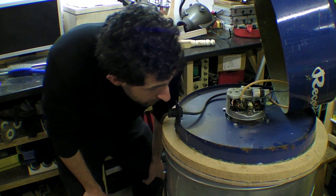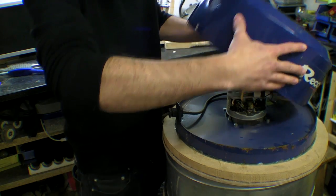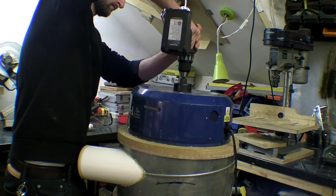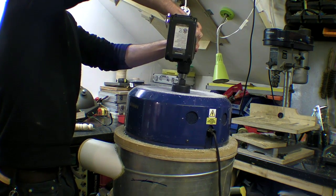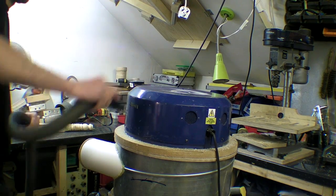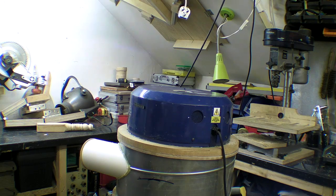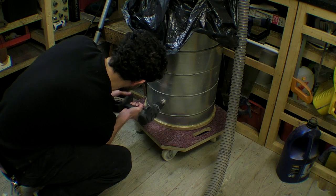So now I'm going to try Matthias's suggestion. I think he meant to put it at the bottom of the bag. I'm just drilling a hole into the top. It turns out it was fiberglass. I knew that. I don't know why I didn't think about that when I was doing it. So quickly hoovered that up, and